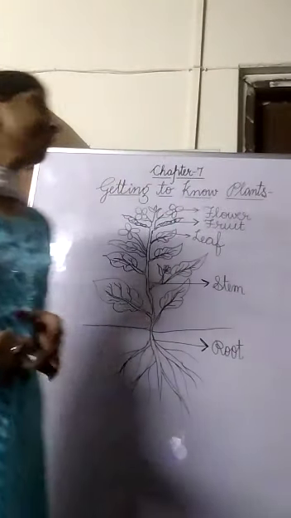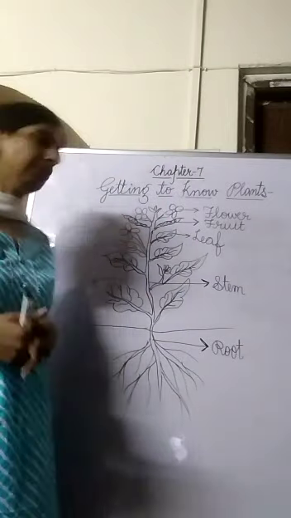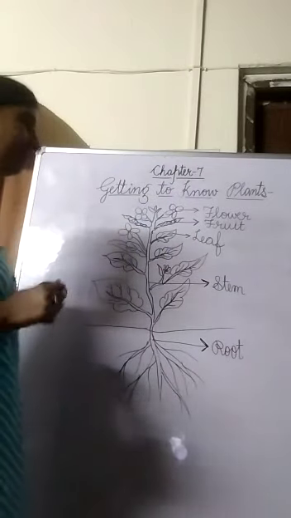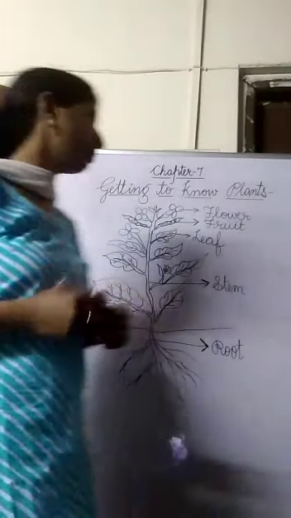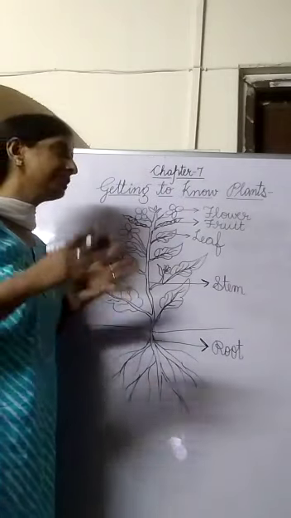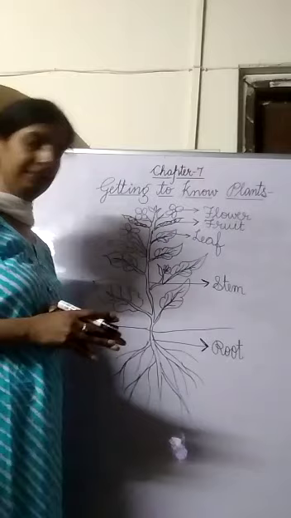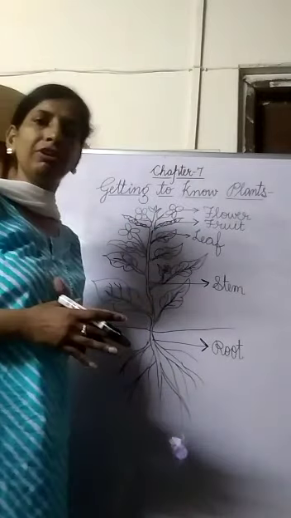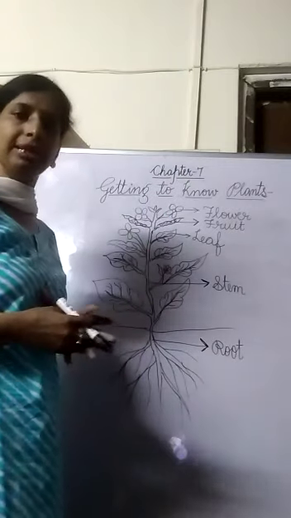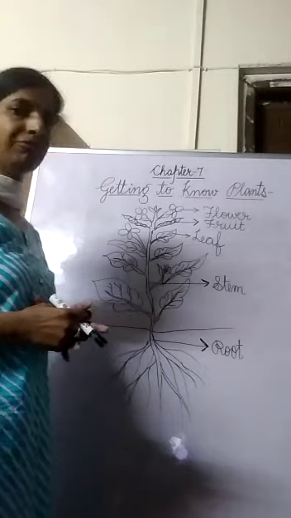So students, we were discussing different parts of a plant and their function. Now the next part is leaf. Leaf is an important part of a plant because it performs photosynthesis and prepares food for the plant. Food is essential for every living organism for its survival. Right? All the functions of a living organism depend on food, because without food we cannot get energy. All living cells need energy for their proper functioning.